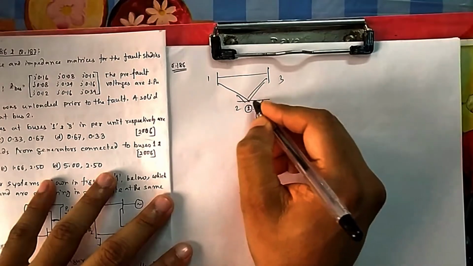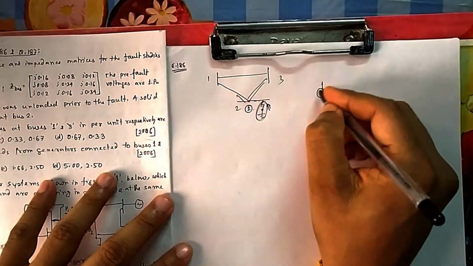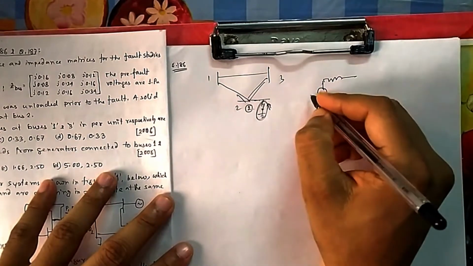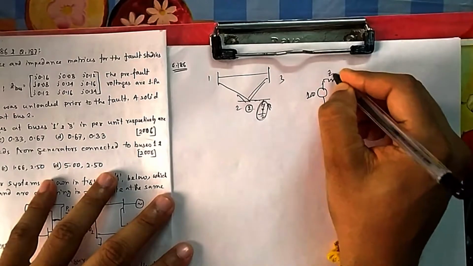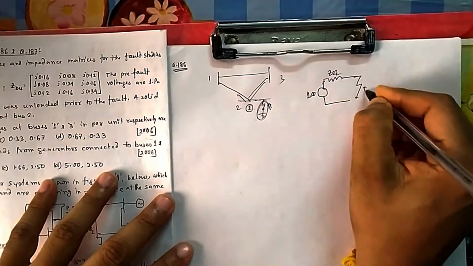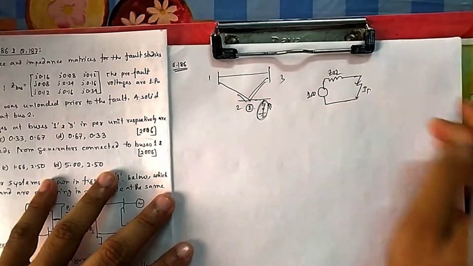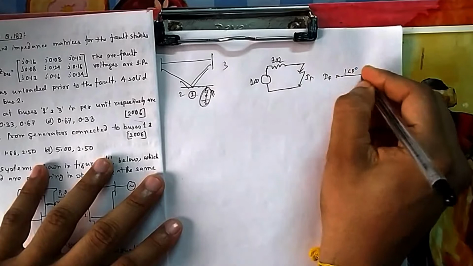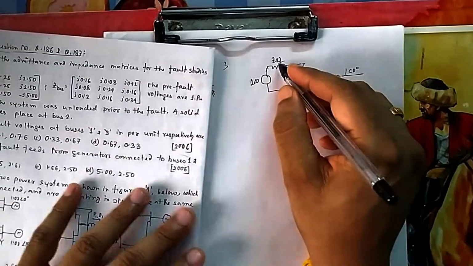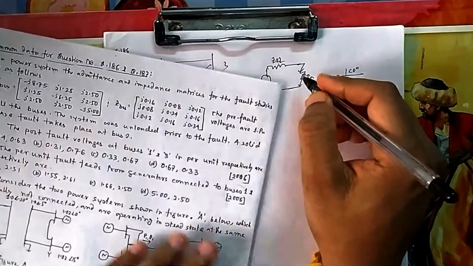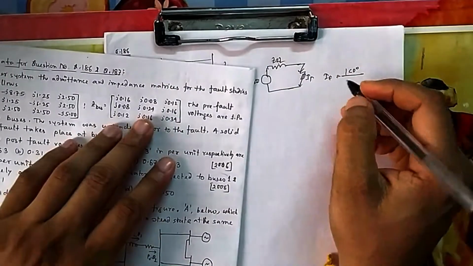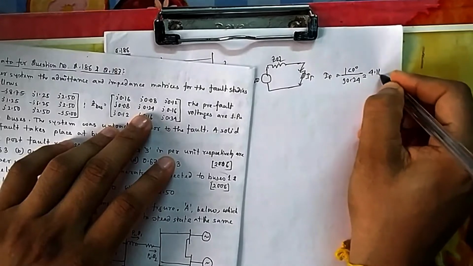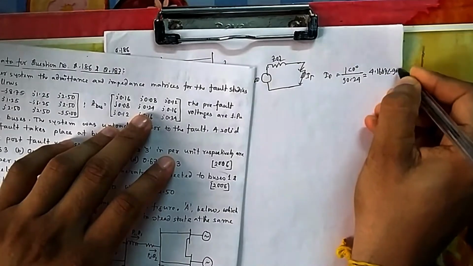The pre-fault open circuit voltage is 1, and that is the Thevenin's voltage. So from this side, if you draw the Thevenin's network, it will look like this: 1 and this is Z22. Now you short circuit it, so you can easily calculate your fault current. That means your fault current will be 1 at an angle of 0 divided by this impedance, plus the fault impedance if there is any. It is a solid fault, so there is no fault impedance. What is Z22? 0.24. So if you do this, it is 4.1667 at an angle of minus 90.